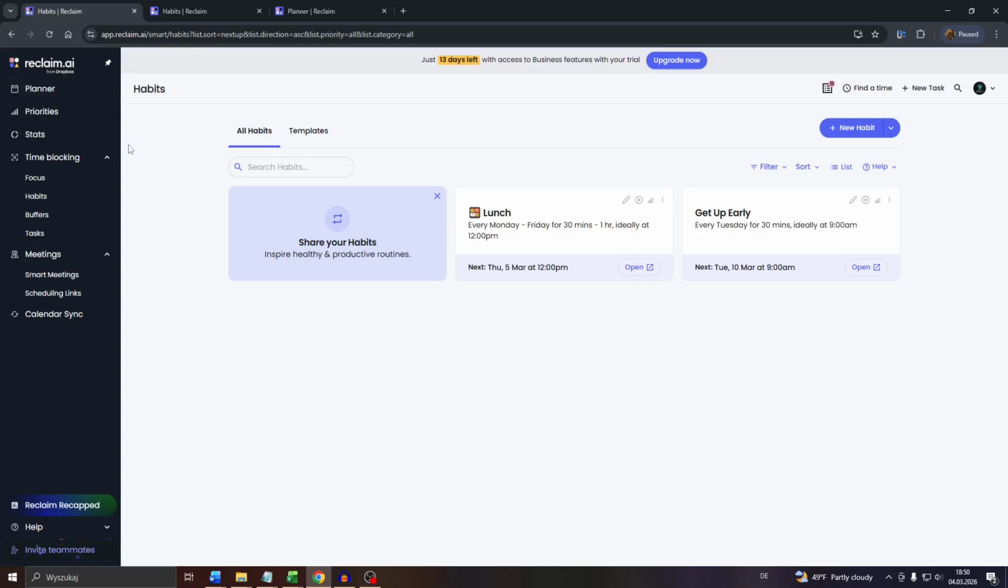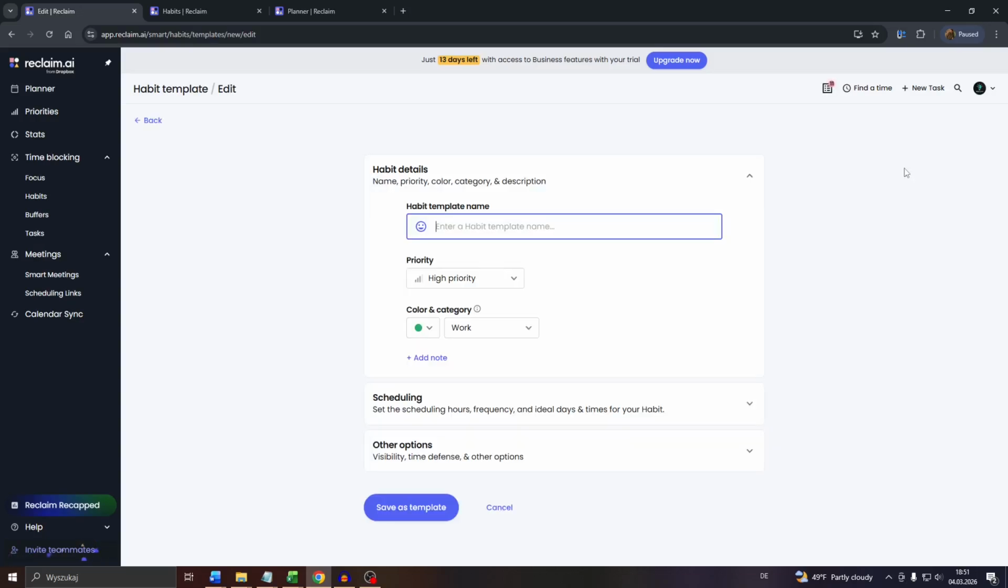Head over to your account on Reclaim.ai, navigate to the habits section to the left. Here switch to templates, or alternately click into that drop down menu next to new habit and select new team template. Here guys, you may create a template for a team habit, give it a name, set a priority here,